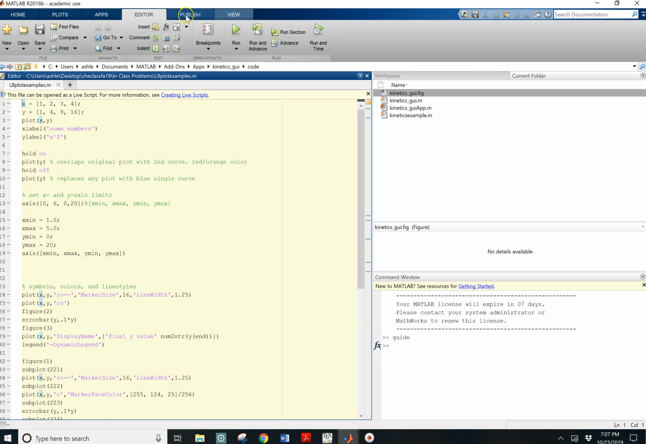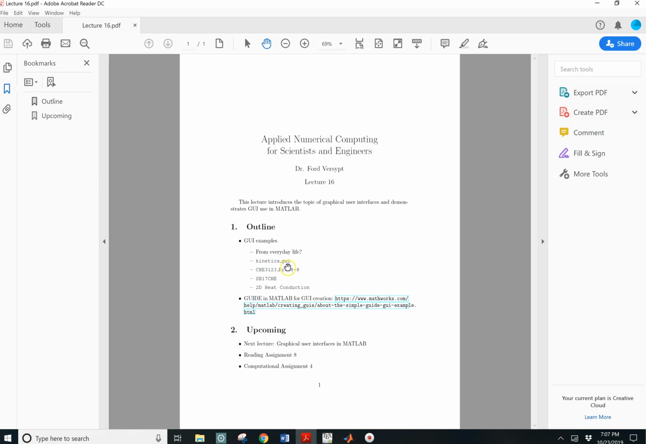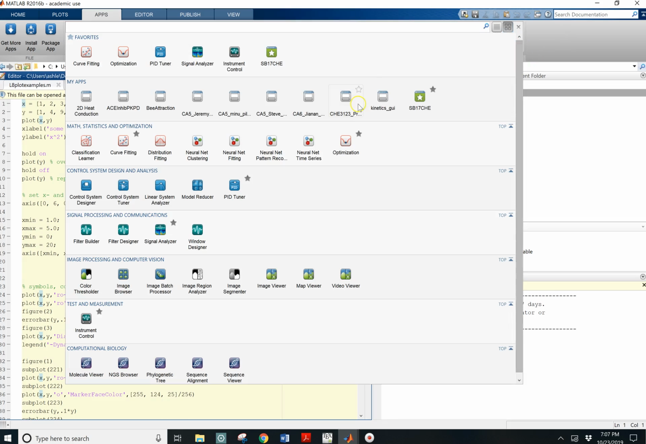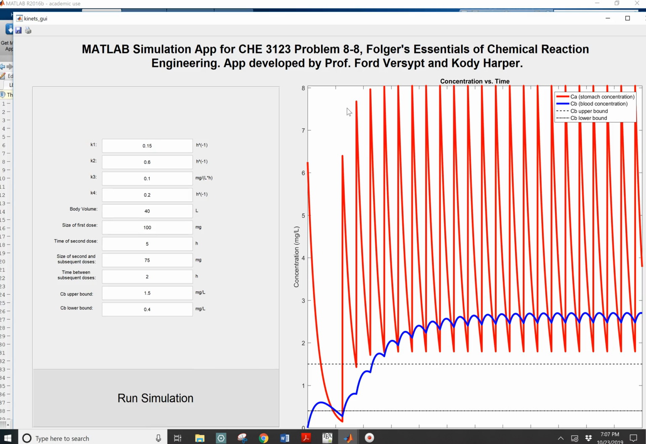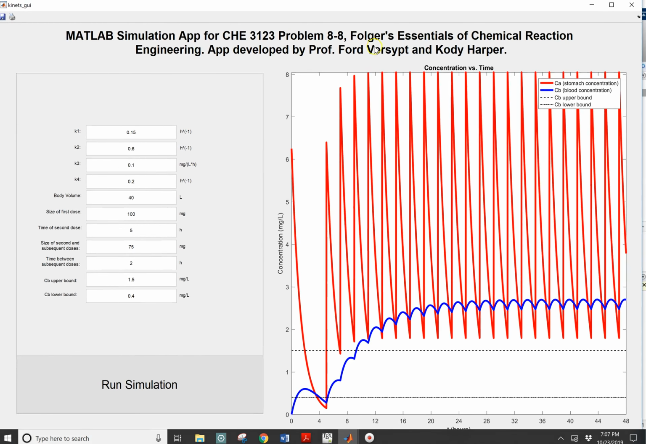It's a little bit more elaborate. Back to the apps menu. So that was Kinetics GUI. We're going to look at CHE 3123 problem 8.8. So armed with knowing that he could program a simple kinetics problem, I asked my student to recreate a homework problem for our class, my kinetics class that's in the spring, and the students in the kinetics class are tasked